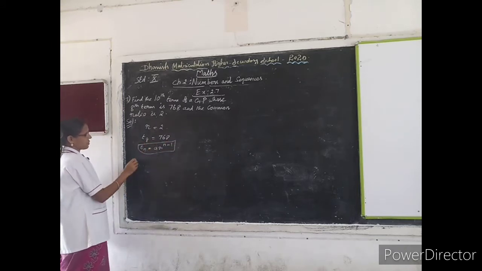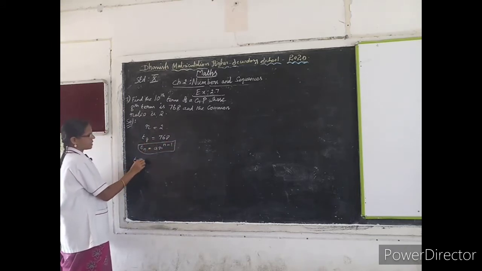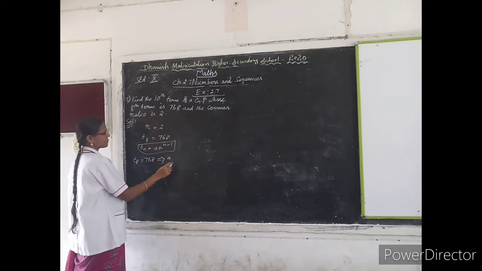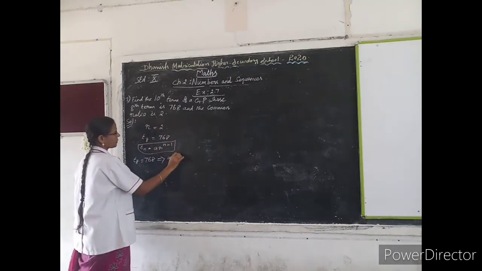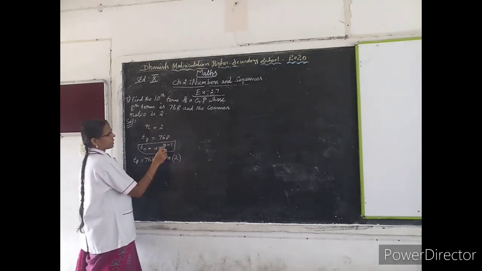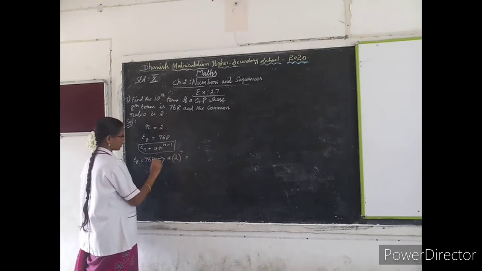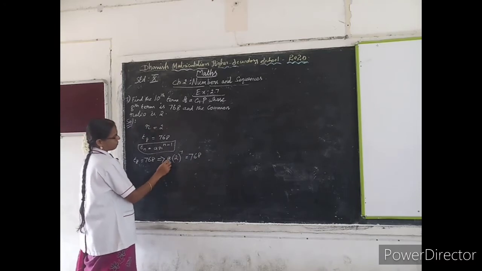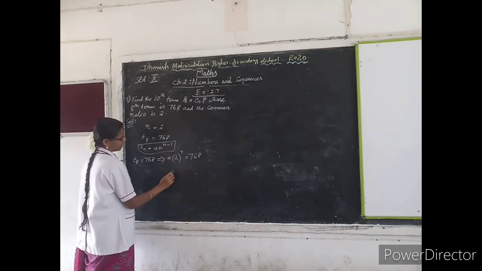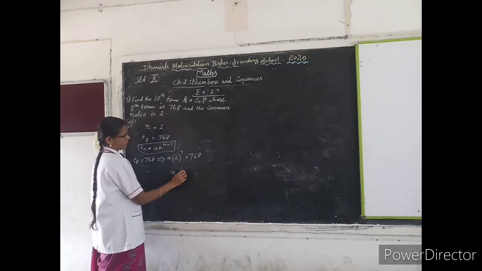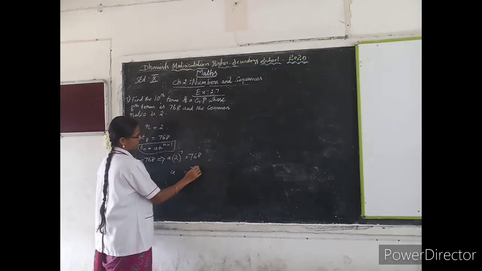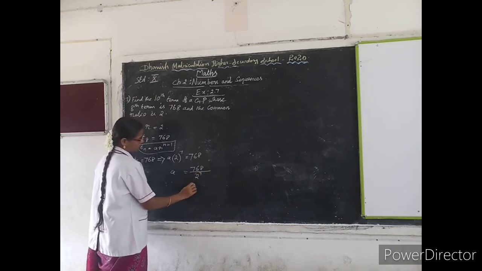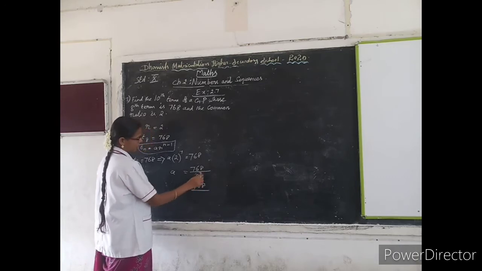Therefore, T8 is given, T8 is equal to 768, which implies A we don't know, R is 2 to the power n, n is 8. Therefore 8 minus 1 is 7, equal to 768. This is given. From this, find A. A is equal to 768 divided by 2 to the power 7. So 2 to the power 7 can be written as